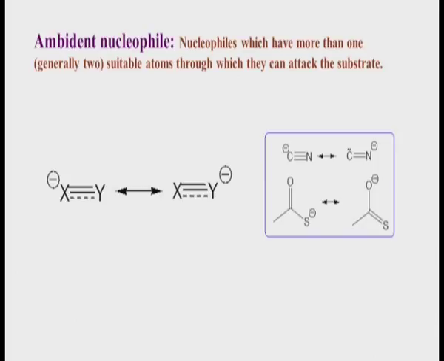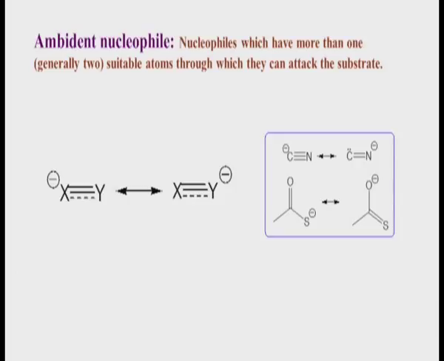Another very interesting feature, look at this very carefully. If we have an X-Y bond, sometimes X keeps the negative charge, and in another resonating form it comes over here and one of the bonds gets localized or polarized to the Y group. So, the negative charge is shifting from X to Y or Y to X. What do we call this type of phenomenon? The double-headed arrow means resonance. So, these are two resonating structures. In one case X is the nucleophile, in the other case Y is the nucleophile.